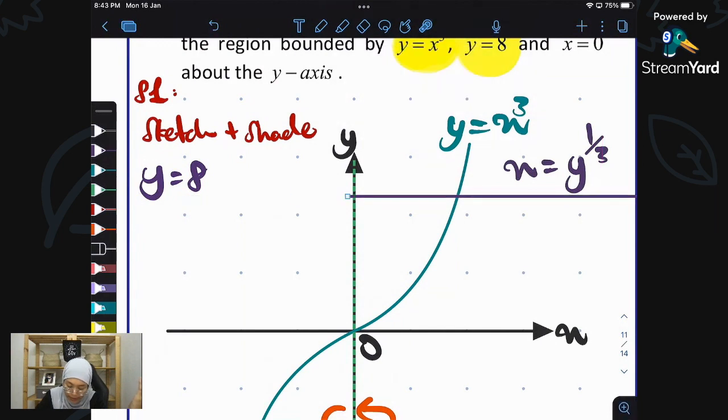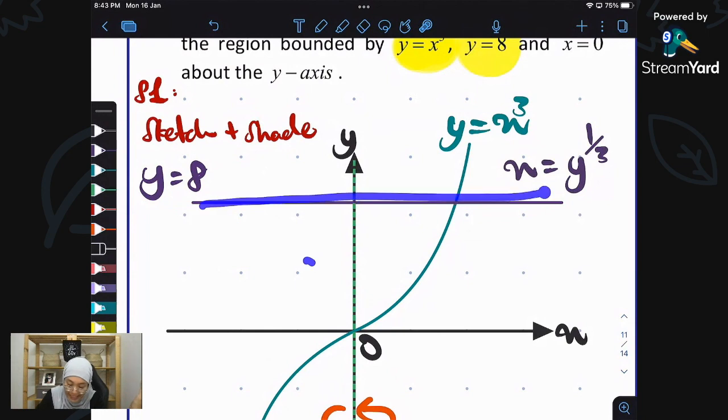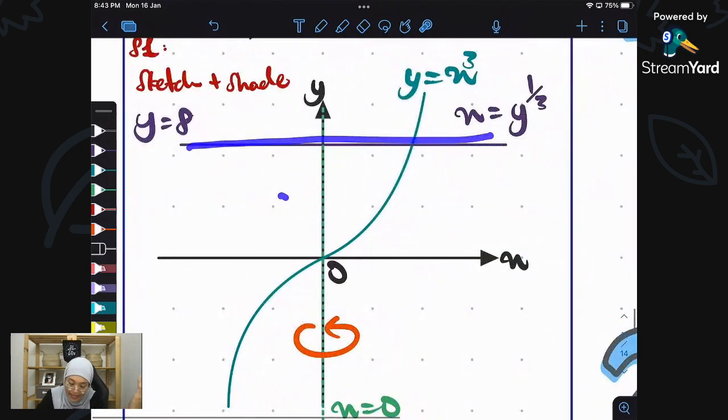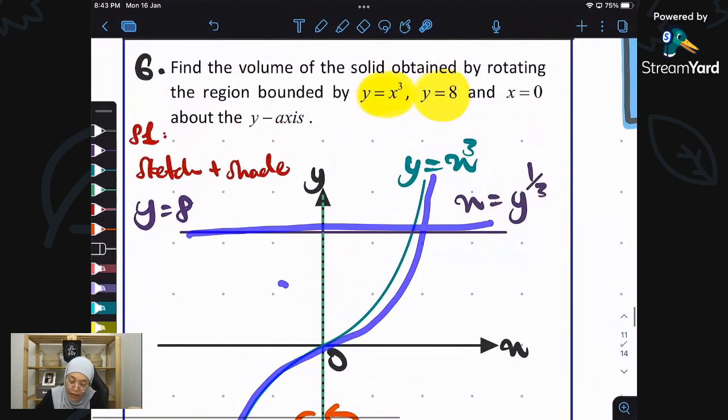Okay, so dua line di sini, kenapa dia tak nak? So this is dual line, our straight line, and the cubic graph. And then how do we close the region? Of course, we need to have another information, which is x equals to 0. So x equals to 0 ini sebenarnya apa? Sebenarnya adalah